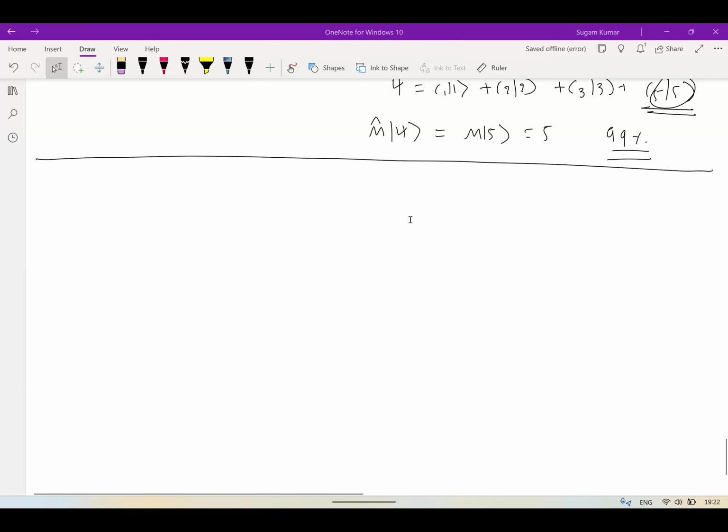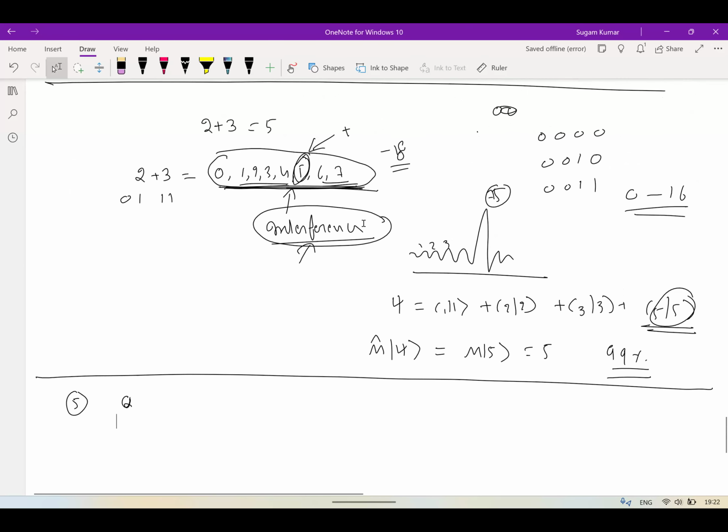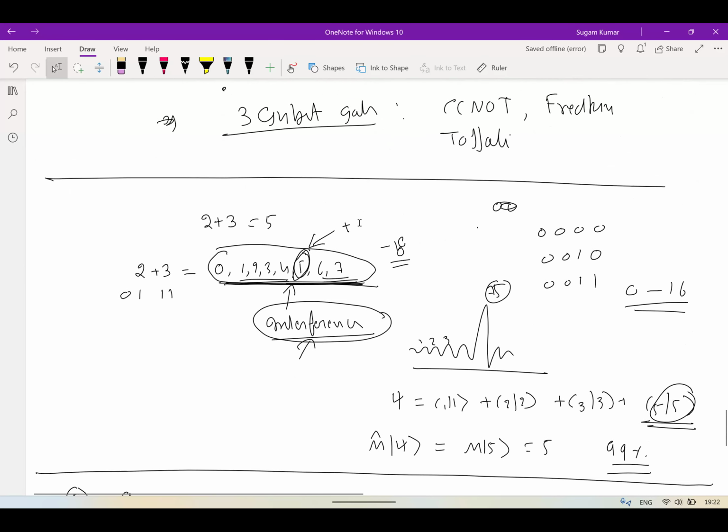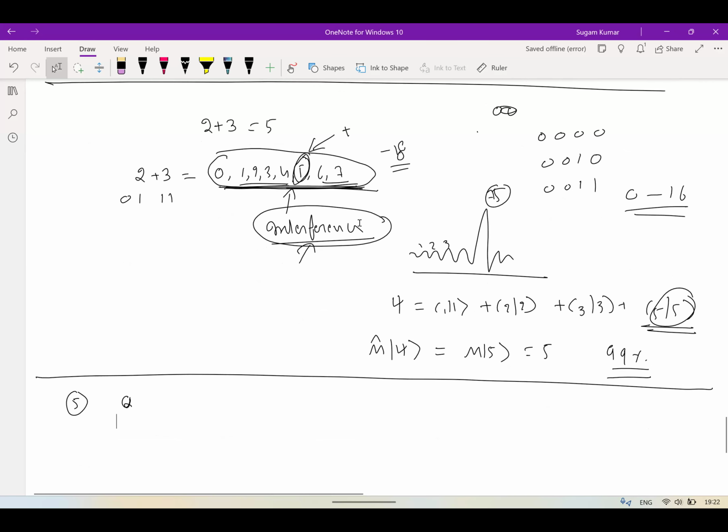So after this, we will come to the second part, or fifth lecture. Hello, I want to ask something. You just said that through interference we will increase the probability of our desired answer. Exactly. We will construct our algorithm such that that will happen. But still, we have a non-zero probability of getting some wrong answers in each step. It will always remain there.